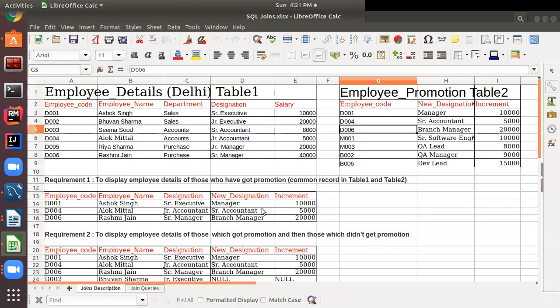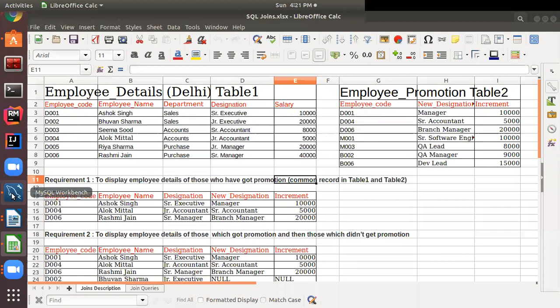So we need to think what kind of join we can apply. Since we want to display common records, our simple answer to this question is inner join. We can solve this problem with the help of inner join. Let's see it in the practical. Here I will do the practical session using MySQL Workbench.